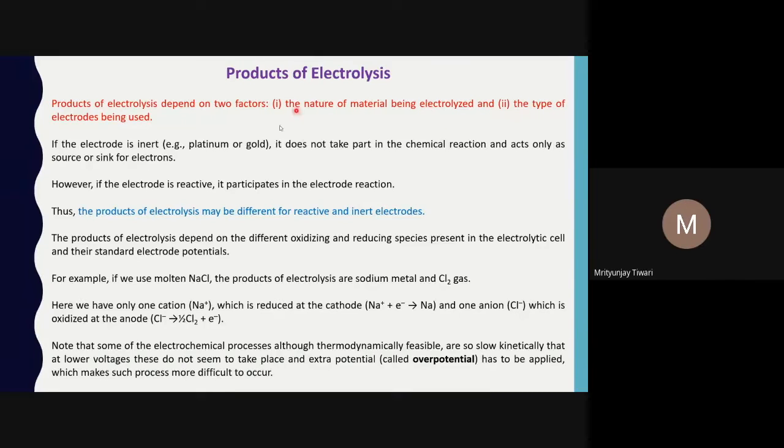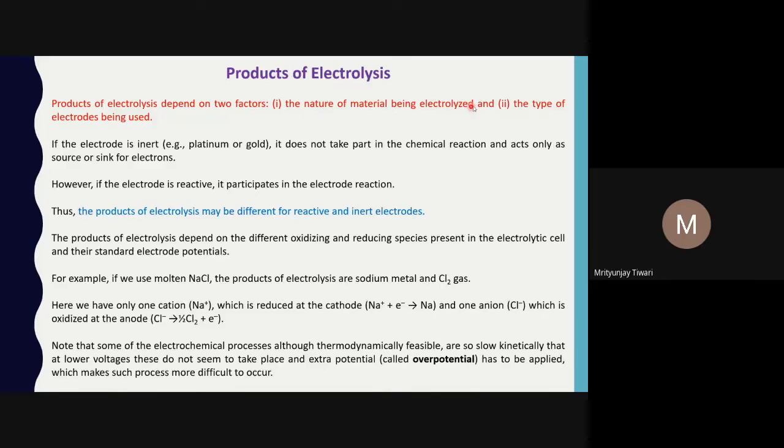The other thing is whether, instead of a pure substance, we are using an aqueous solution. Once the electrolyte is dissolved in aqueous solution, then we also have some other ionic species. What? H plus ion and OH minus ion, because of the self ionization of water. Those hydroxyl ions and H plus ions will also be moving if a potential difference is created, so OH minus will be moving towards the anode, and H plus ion will be moving towards the cathode.